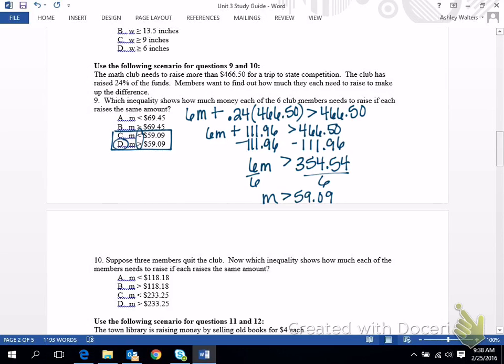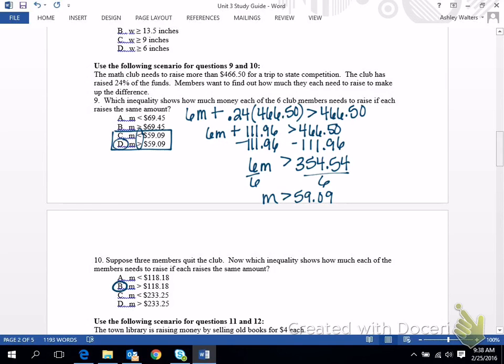If you carry that down to number 10, it says, suppose 3 members quit the club. Now which inequality shows how much each of the members needs to raise if each raises the same amount? So we've cut the amount of people in half, which means that we need to double the amount that each person needs to raise. If you've got half as many people raising money, they need to raise more money by double. So you're taking your $59.09 and multiplying it by 2, meaning that each person needs to raise more than